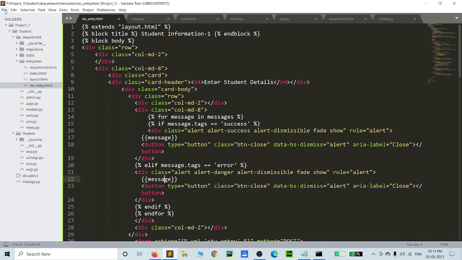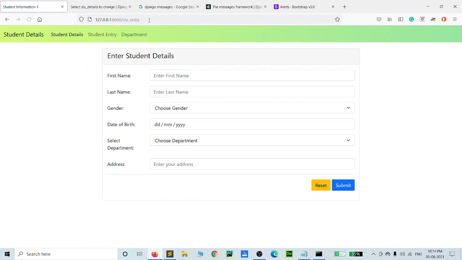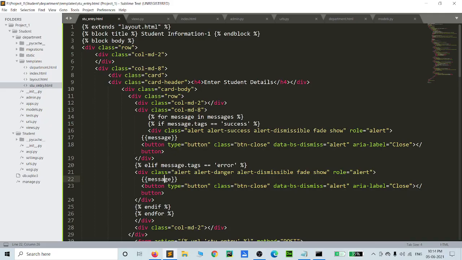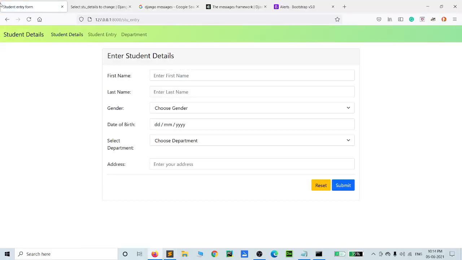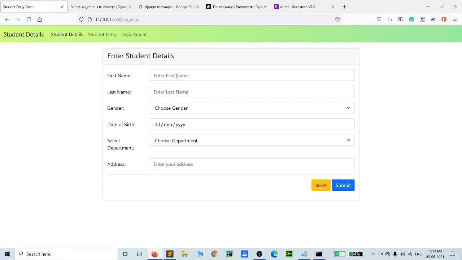Okay, so once again we can run it over all the files. Go to reference our entry. Okay, so in the title form, the student information is available because this is the student entry, so we can change our title block to student entry form. Okay, yeah, successfully changed it. Yeah, it's a caps letter. Okay, now once again check it.